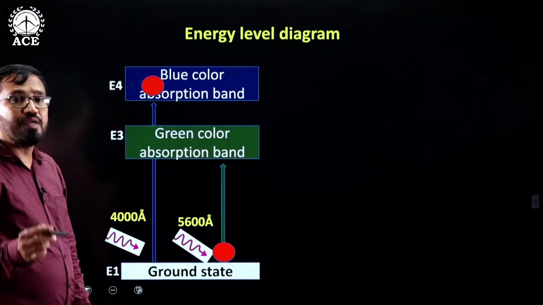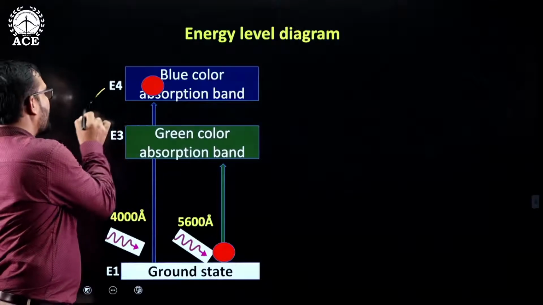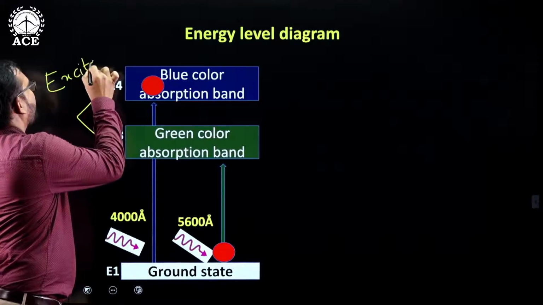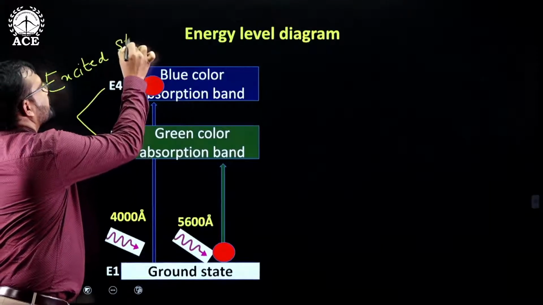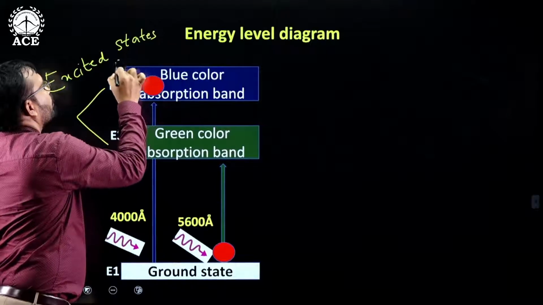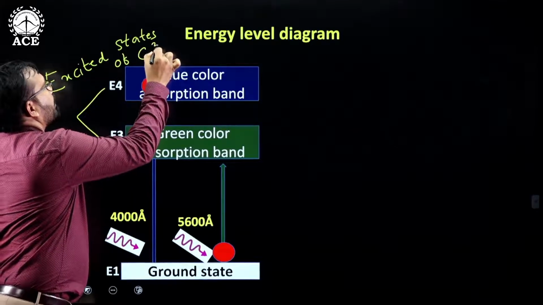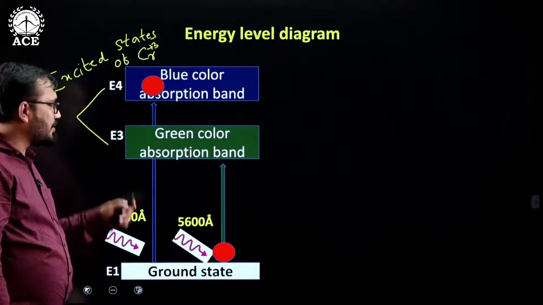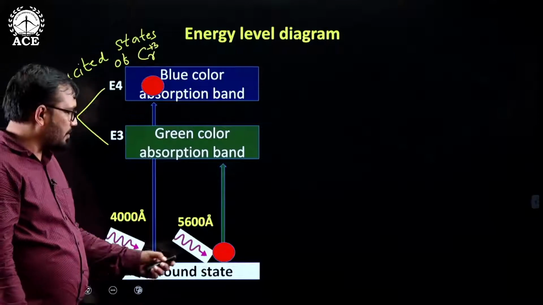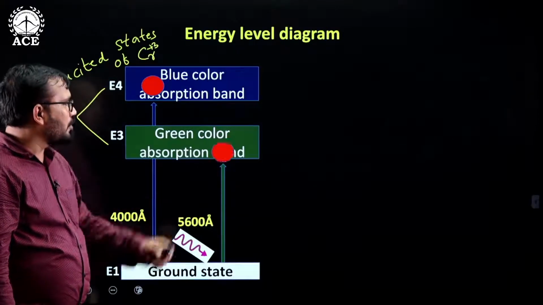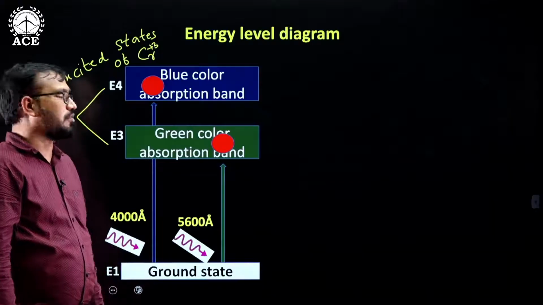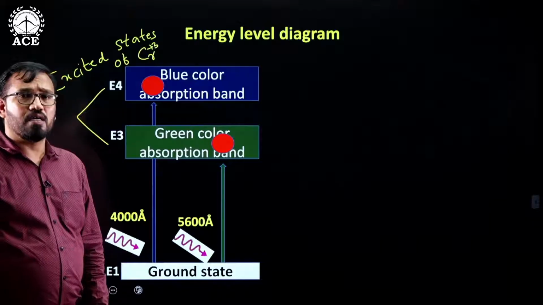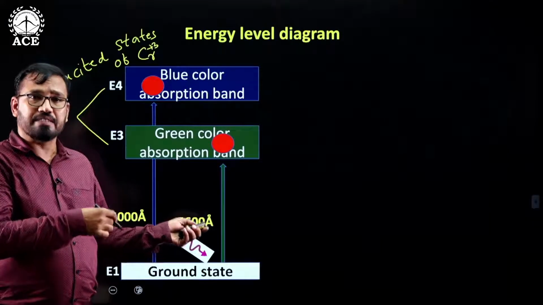Now we have two excited levels. These two are the excited states of the chromium plus 3 ions. They are the excited states. Next, this atom will go from this level to this level by absorbing this photon of 5600 angstrom. As I said earlier, will these atoms stay in the higher energy level, the excited level,